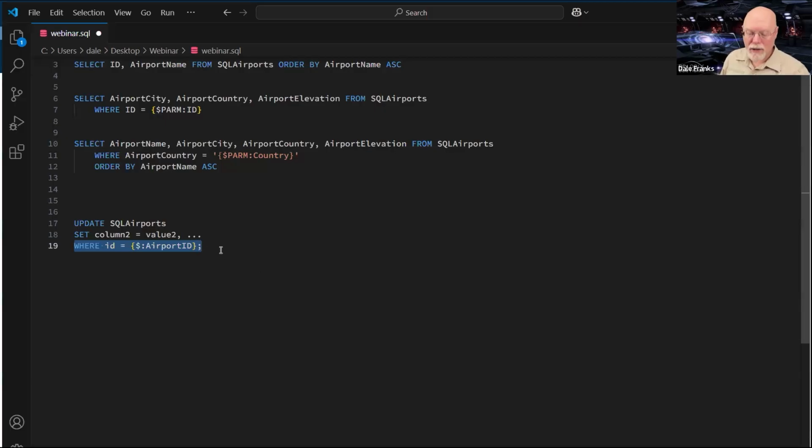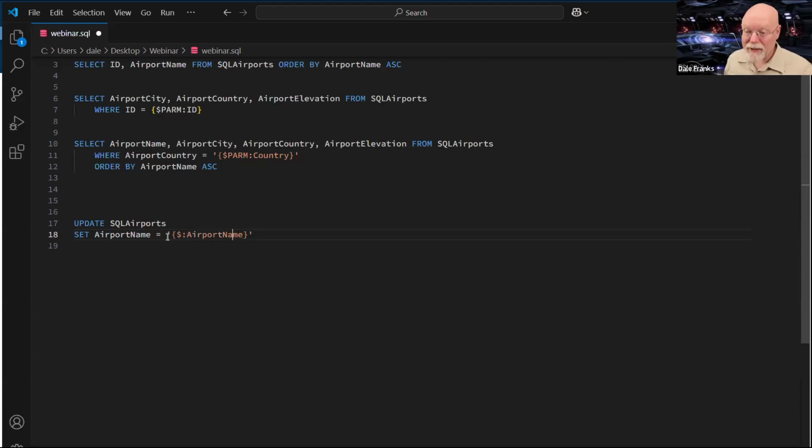Here's why the where clause is so important, because if I get rid of it and I begin writing, set airport name equals, and now here, this is going to be a text value. And if you remember, like we talked about last week, I'm going to need these single quotes to specify that it is text. So I'm going to throw my quote there. I'm going to get rid of value 2, but I am going to put in the system variable for airport name.